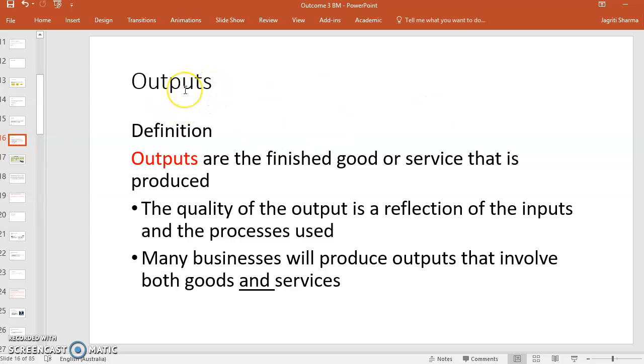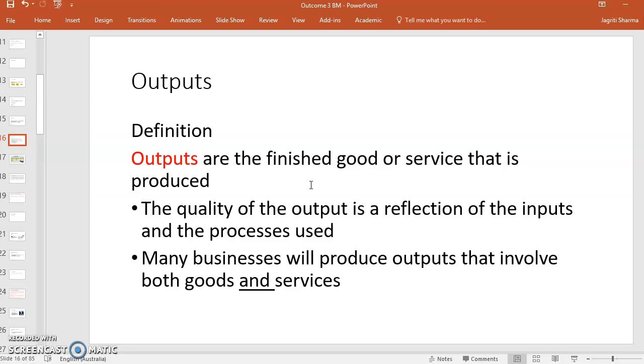Now the third step in the operations management is the output. Outputs are the finished good or service that is produced. So anything that you find at Kohl's, Save, any product, any shop, that is actually the output. You're actually looking at buying the output of any product. They've gone through different processes: grocery, chips, even clothes, shoes, even electronic equipment. They all go through different processes: inputs, processes, and then the output.